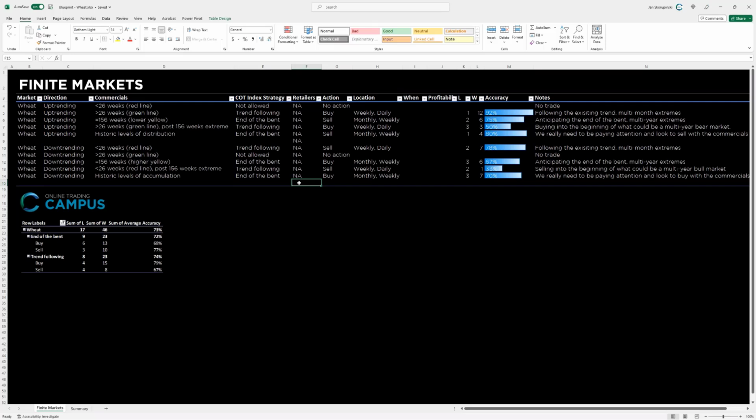And then you have your fundamental strategy that doesn't work as great as the commercials work on wheat, in terms of the accuracy, but it's the best that we have. It's the best that we have. And then maybe we overlay that with the seasonals that work extremely well for natural gas, as it's an